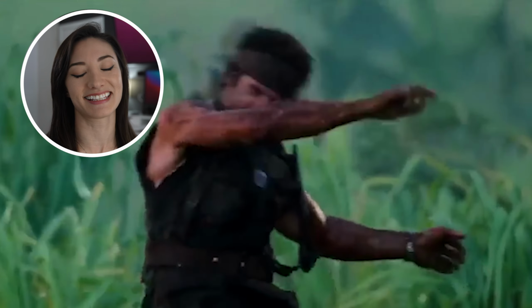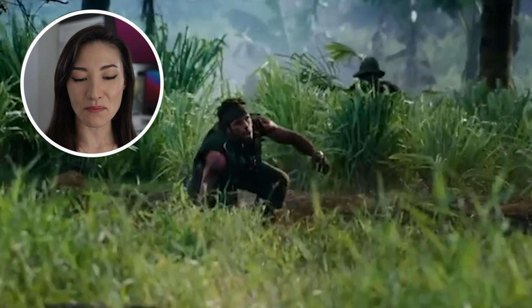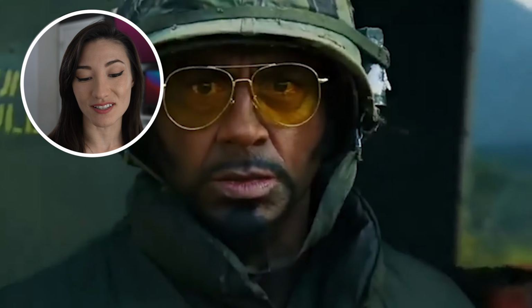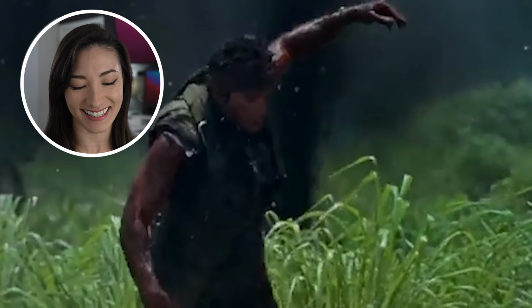I love this movie so much. This is probably one of my favorite films. He's just running in slow-mo. Oh my gosh, our DJ right there. Oh my God. The number of gunshots going through this man with explosions in the background for absolutely no reason. Oh my God, Ben Stiller's just...